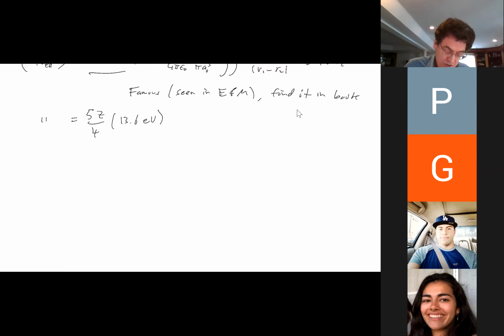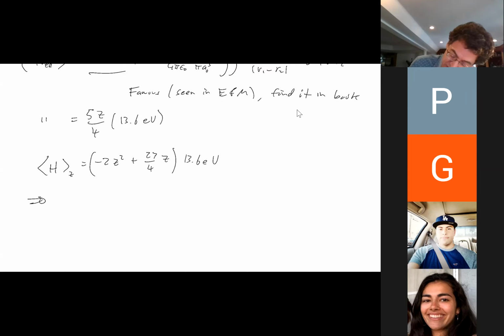And so when we put it all together, H as a function of Z is equal to negative 2Z squared plus 27 over 4 Z times 13.6 eV. And then if you take dH/dZ and set it equal to 0,